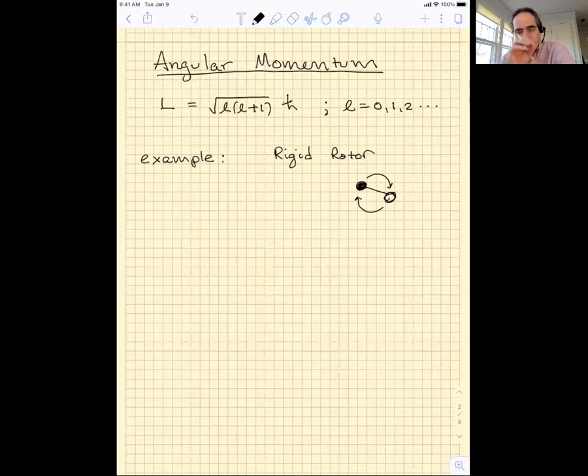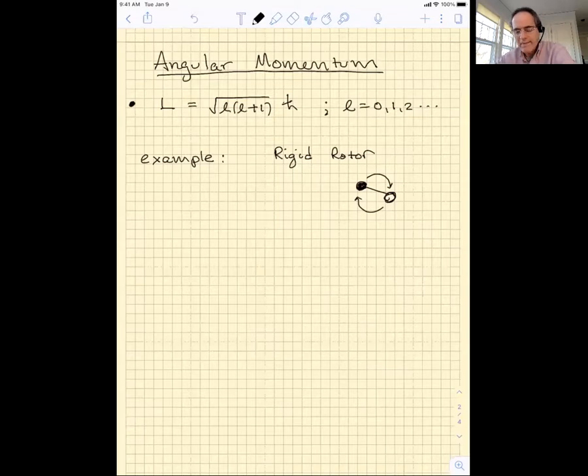Imagine such a system, but so small that quantization of angular momentum plays an important role. Actually, we don't have to imagine this. Systems like this are very common. Diatomic molecules are excellent examples of rigid rotors. In any event, for a rigid rotor, we can figure out the energies just by looking at quantization of angular